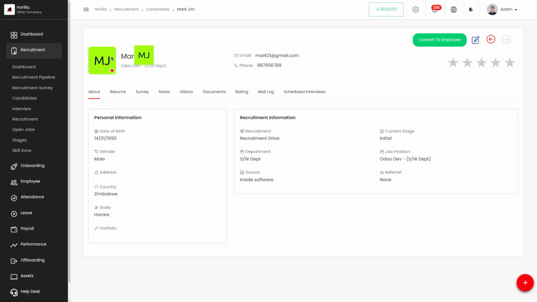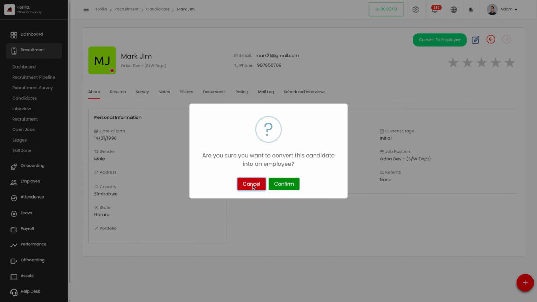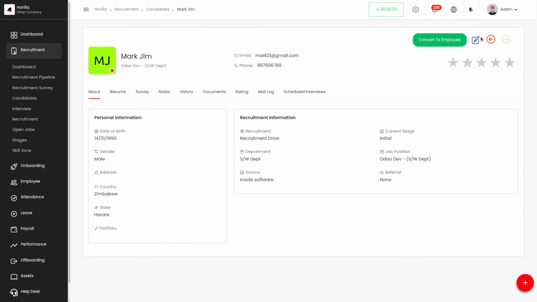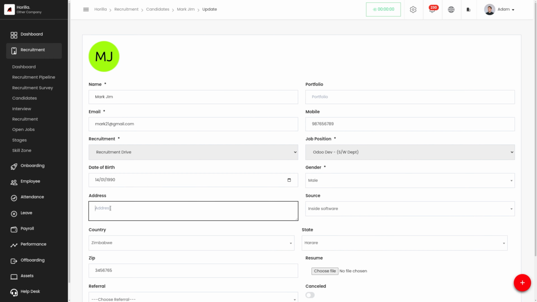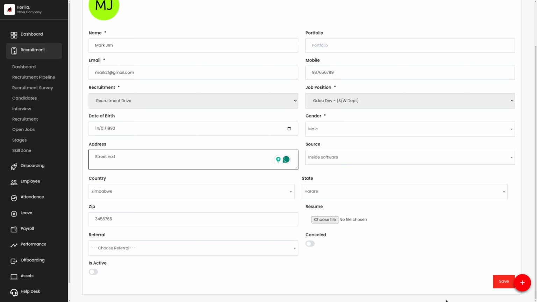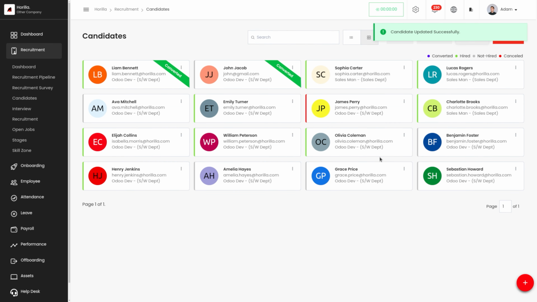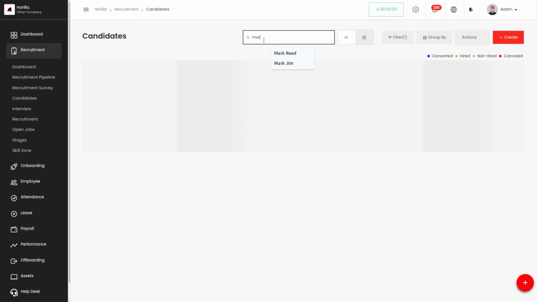So this is a detail view where we'll be able to view the candidate's name, the job position, and department in which they are in. And then we'll be able to see whether the candidate is active or not. Then if we need to convert this candidate to an employee, we can click on this convert to employee button and confirm, and that candidate gets converted to an employee. And next we have the option to edit the candidate details. So we can click on edit, and let's say we need to make any edits to the candidate's address that we have provided. After giving the updates, we can click on save so that the updates that we have provided get saved.